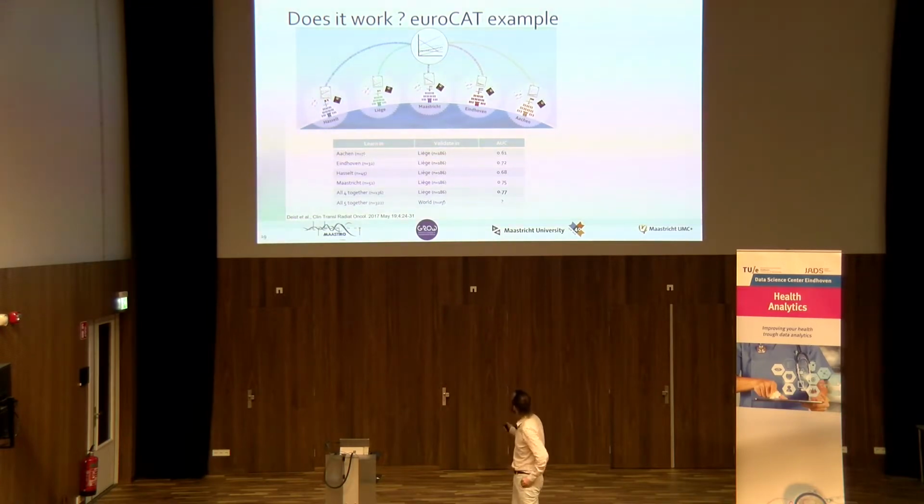And here's an example. If you have only 7 patients, like they did in Aachen, and you validate in Liège, you get quite a bad area under the curve. If all of us come together and validate in Liège, you get quite decent area under the curves. And this is for exactly the same prediction as we asked our physicians: 2-year survival in non-small cell lung cancer. So you can see that you can predict that to some extent, but you need data for that.